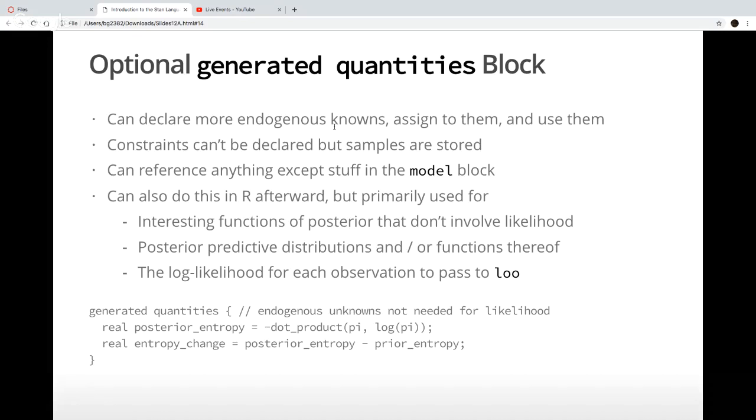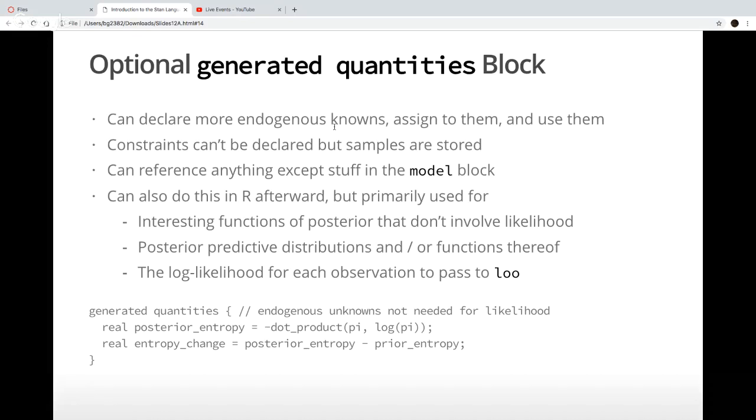afterward once you have the draws of the parameters, but it can be used for calculating functions of interest, endogenous unknowns that you didn't need in order to evaluate the likelihood in the numerator of Bayes' rule. You can calculate posterior predictive distributions of future data or functions thereof, like your utility function that you want to maximize the expectation of. You can use it to calculate the log likelihood contribution for each of your observations, pass that to Loo afterwards.